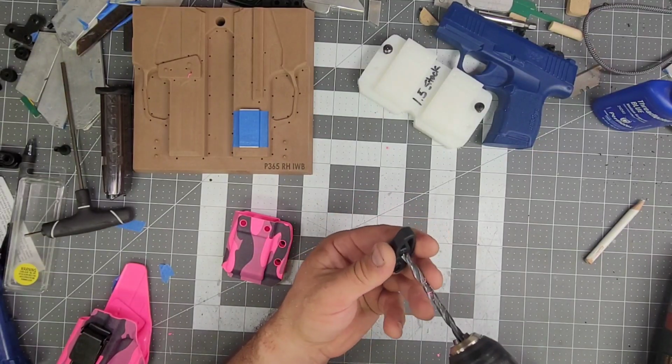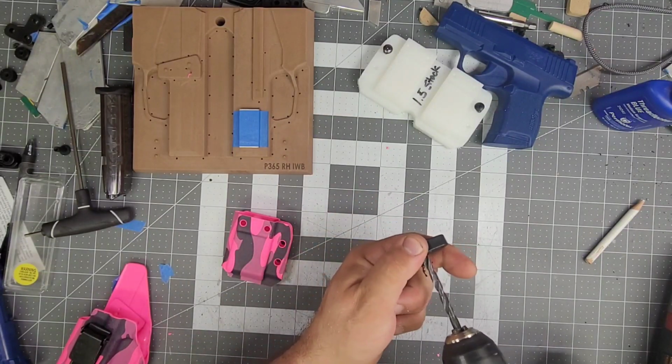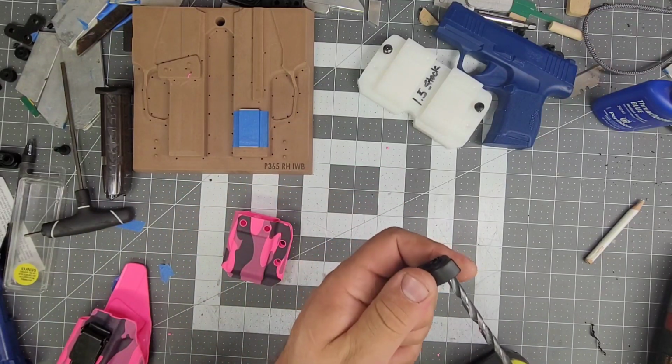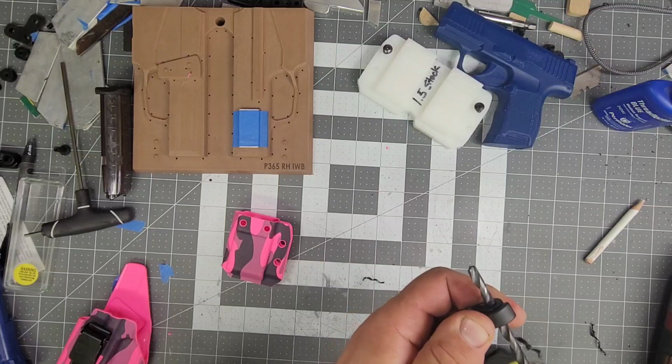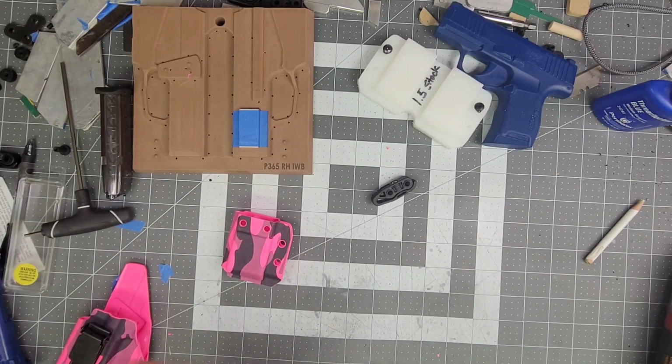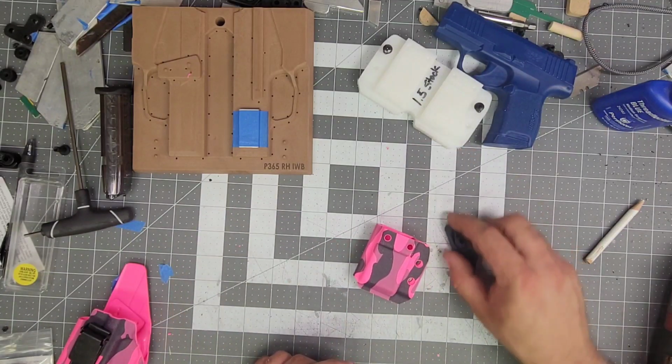threaded posts, or you could go ahead and drill them. I like to drill them. You just have to keep your hand on them because they will catch and spin. So just be careful when you do this. And that right there allows it to do everything. Actually, I have a new clip that we're gonna show you, and I'm just gonna get the